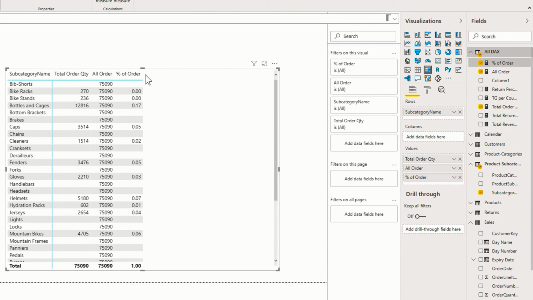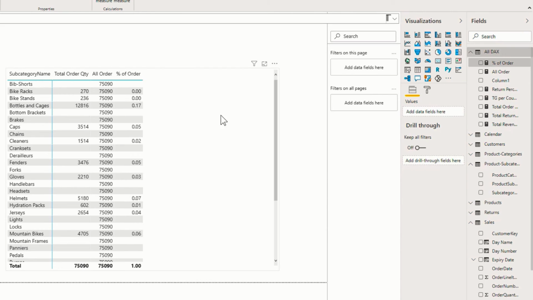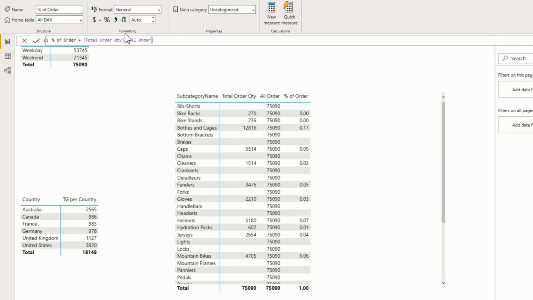So here you can see that the percentage is calculated, but we need to change the format of this. Right now it is showing in decimals, but what we want is percentage. So for that, just click on the measure, and then go to the Measure Tools, and under formatting just click on this. This will display the value in percentage. So you can see that now it shows as percentage.